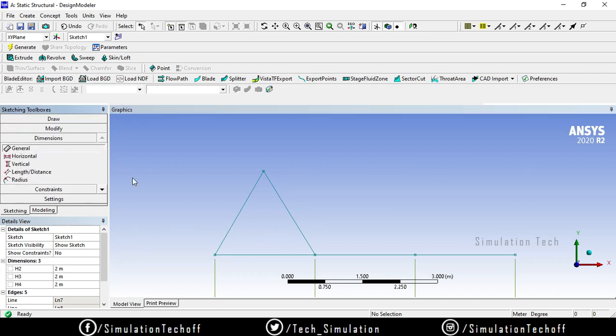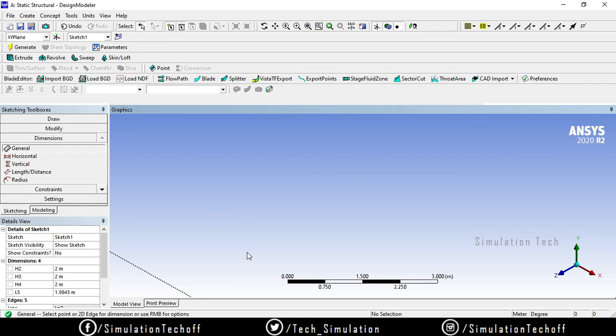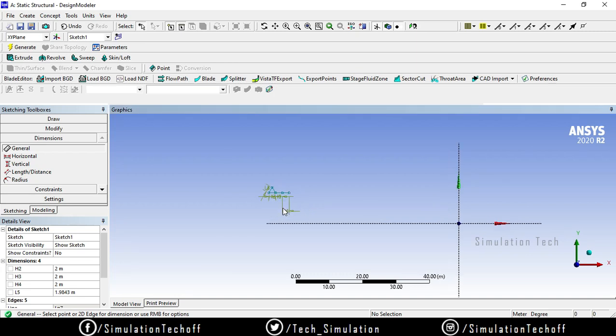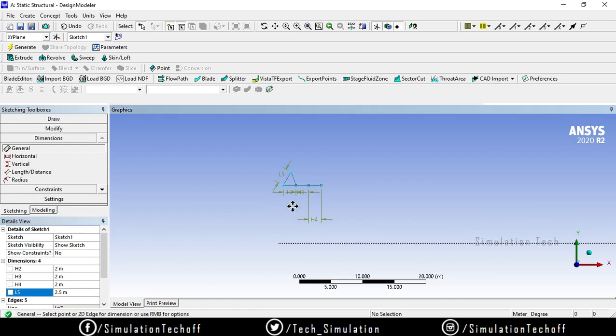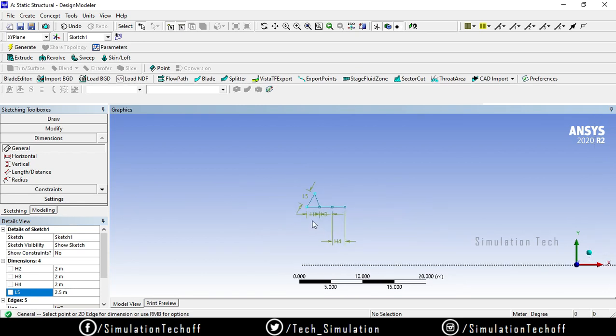Exactly, the dimension should be 2.5. Sir, how to move this object to the right side? Press Ctrl and click on your center button. You can pan the diagram wherever you want.